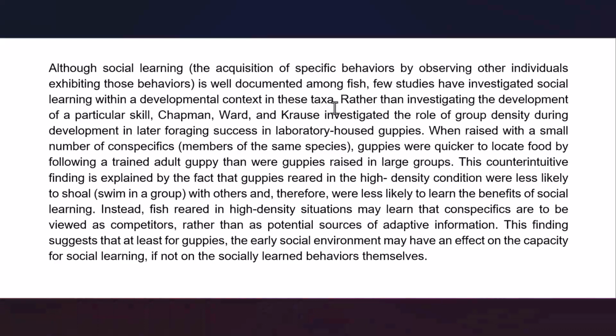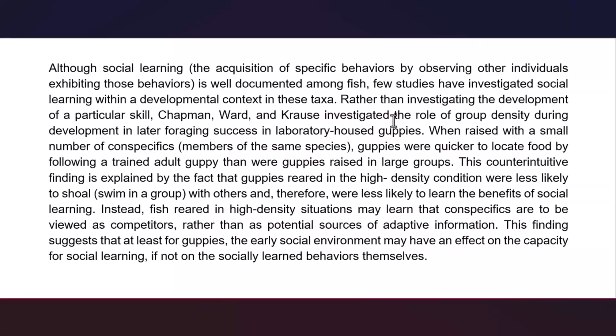So this is an introduction for what we have in the following. In the following, we are going to have a particular study, and this study is investigating social learning of guppies within their developmental environment. And in sentence 2, we read that rather than investigating the development of a particular skill,